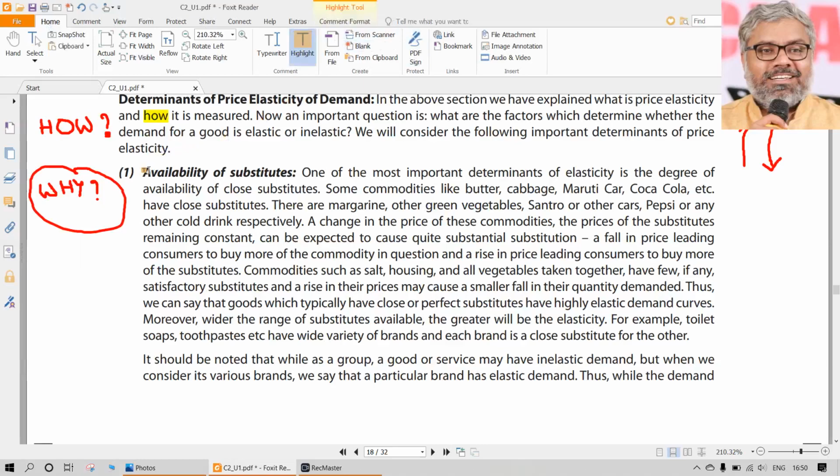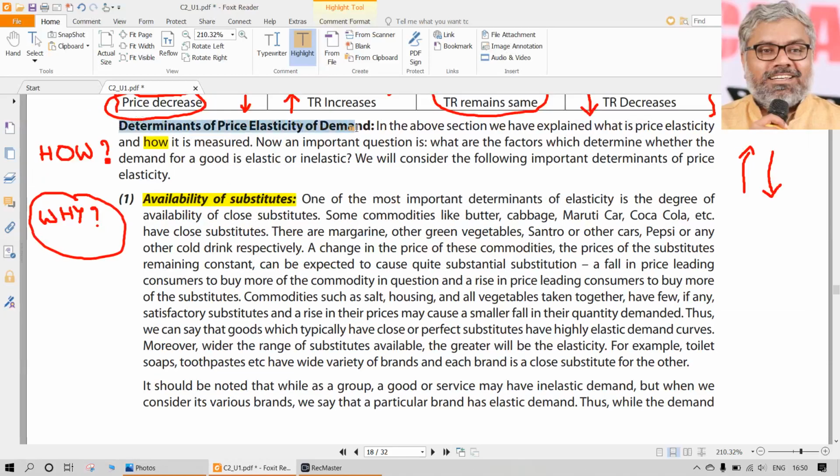Logically, these are mostly conceptual, generic things rather than very technical. The aspects we discussed already were more technical compared to this. Here we can just use some common sense and examples for understanding what factors might influence the price elasticity of demand to be either high or low. What makes it high or what makes it low? Simple logic. One by one, let us go through these determinants of price elasticity of demand.